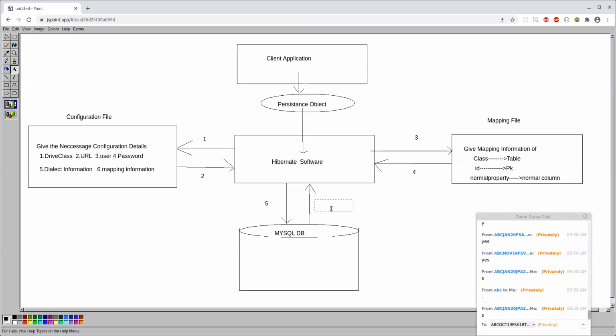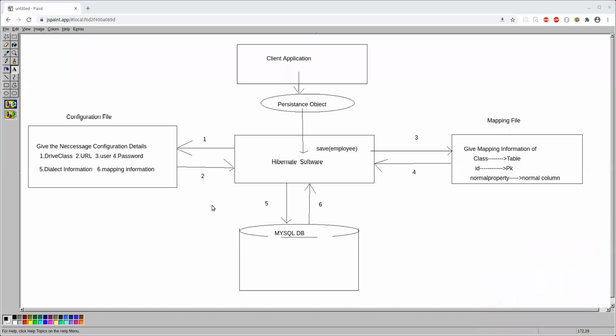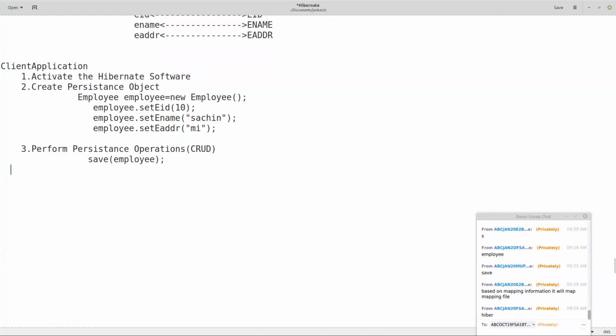And save of employee who received it, Hibernate software. Now watch. Hibernate software has to speak with MySQL DB. And when it tells a save, Hibernate software already knows the dialect information. Based on the dialect information, what it would do, I will tell. Watch here. Since we specified dialect, Hibernate software will generate low level SQL query